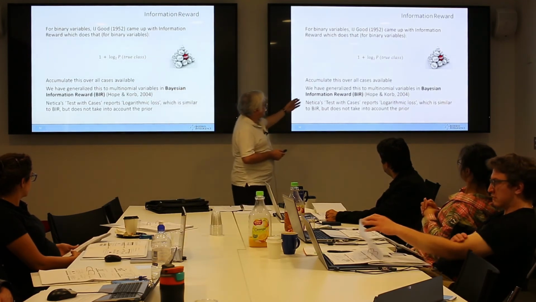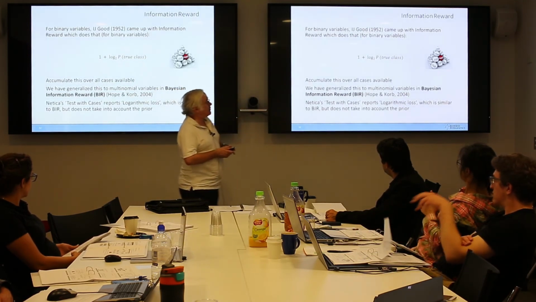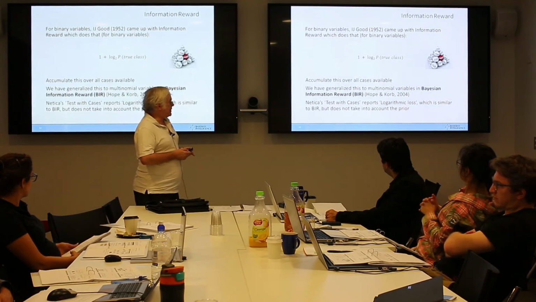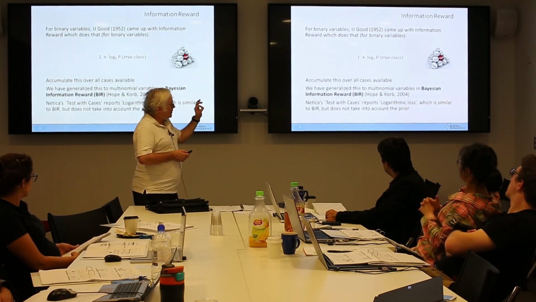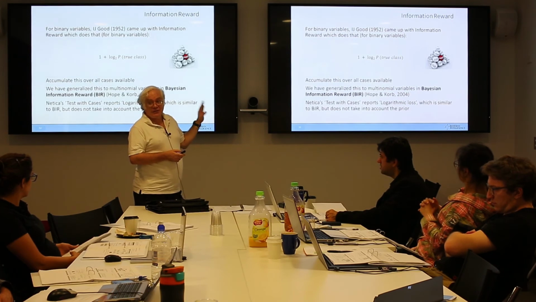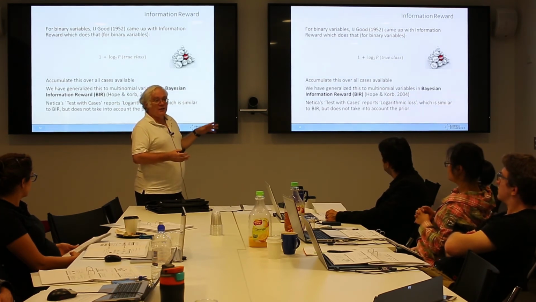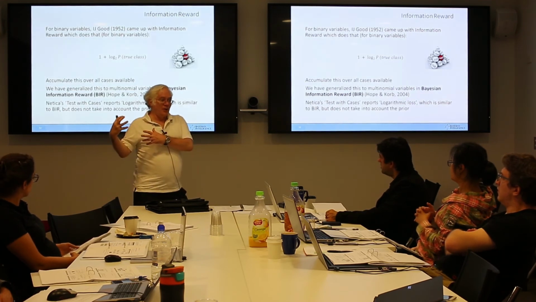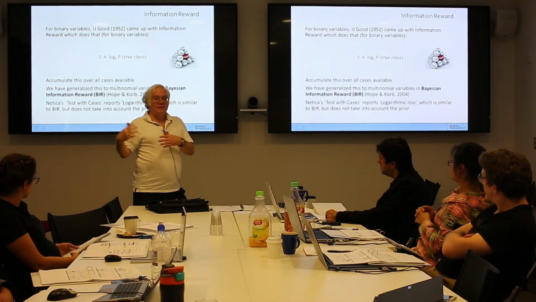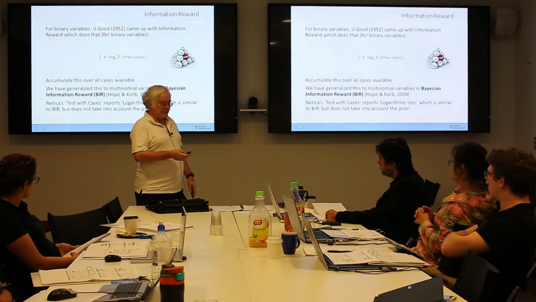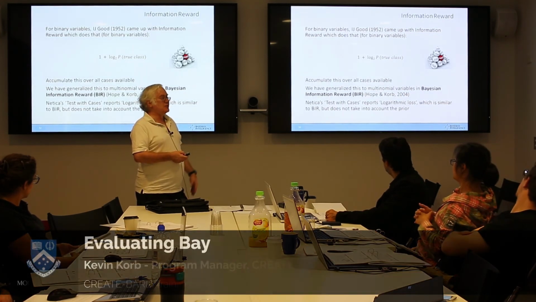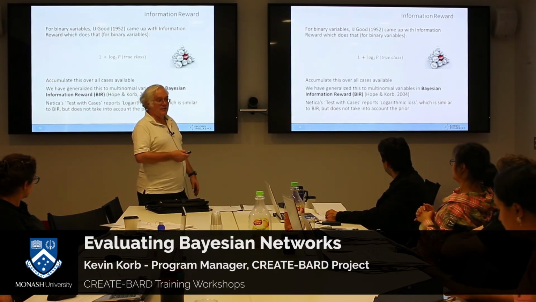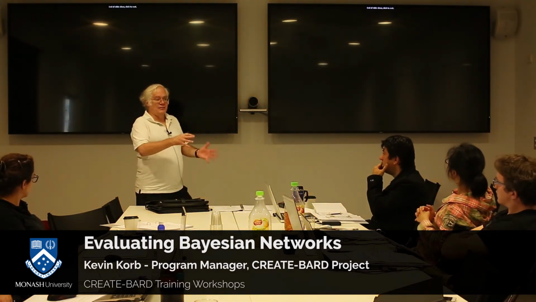Okay, so we call that the Bayesian information reward. We generalized it beyond binomial cases, and this is a good technique, much better than predictive accuracy or ROC, when what you've got are the training cases, test case scenario. If you have the true model, because you have artificial data, then there are better ways. But this is useful for cases where you have real data, and you can set some of it aside. So setting some of it aside is the test case.